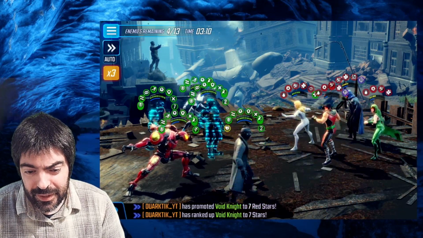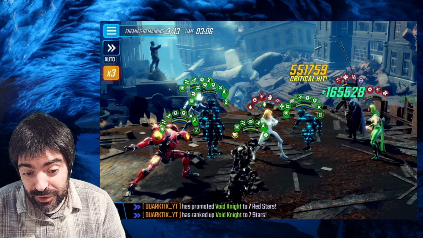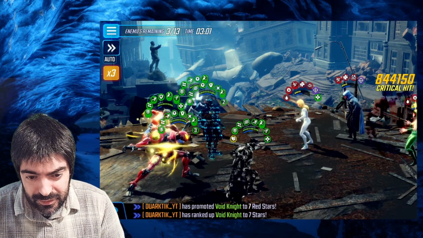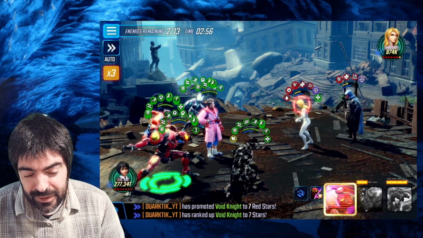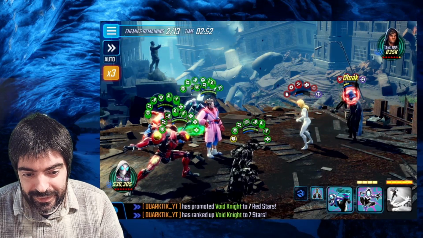Okay, now you can see we are just clearing the house. This took less than 2 minutes, which is good, because the last node, the boss node, is quite difficult, and I don't have a lot of experience with the boss node. I have done it a few times with invaders, and with this team it was the first time,